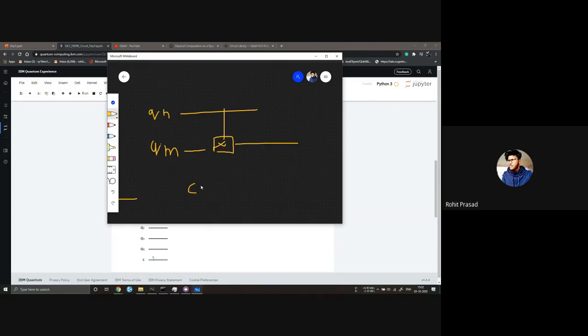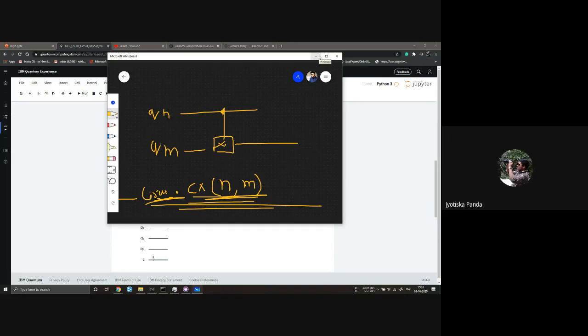So CX takes two arguments. The first is the control bit on which you want to place the control, and the second is the one where you want to place X. To define on which circuit we want it to be placed, we write circuit, meaning the circuit we made, dot this, like on the circuit implement a CX gate with control at N and X on M. Okay, do you get it? Okay, got it.